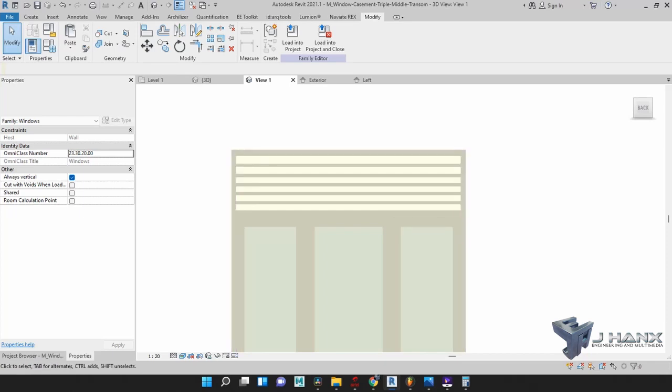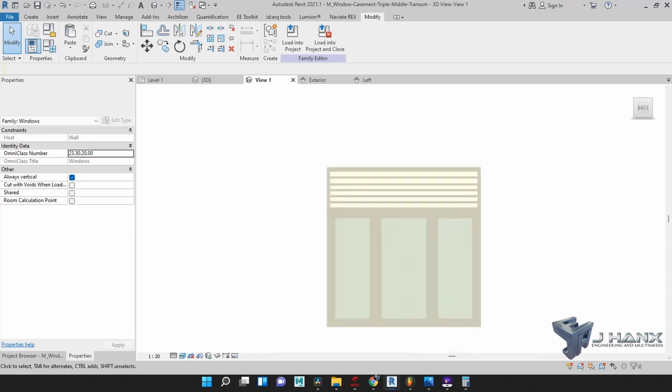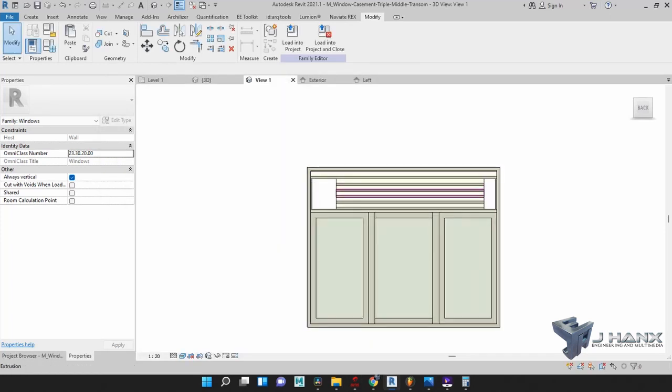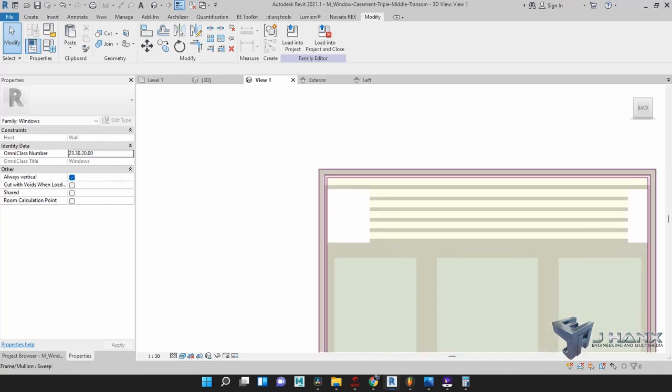Now next, we're going to test again to see if the window is still parametric. So I go to properties, the parameters, we'll test the width, 1.5, apply. You see that these ones are being left behind because they did not get locked, aligned and locked to these directions, the frame. So